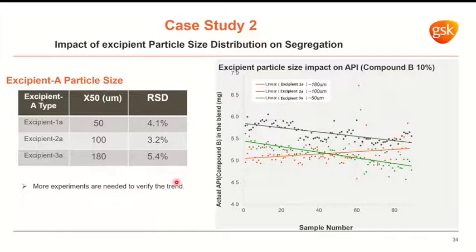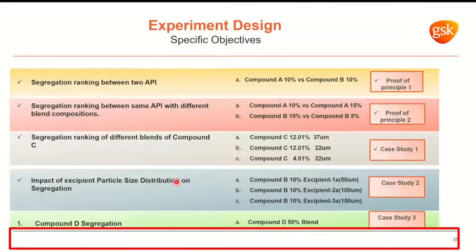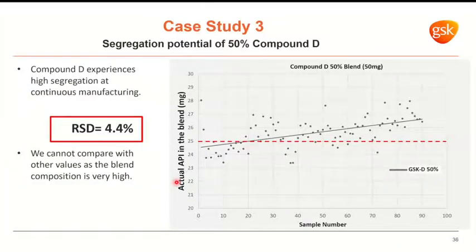But nevertheless, this was an important case study. So lastly, we did a case study of compound D. This is a compound all by itself, and we wanted to see what the segregation risk of this compound is. Compound D has 50% API in the blend. And we wanted to see how it affects the segregation potential or the segregation risk